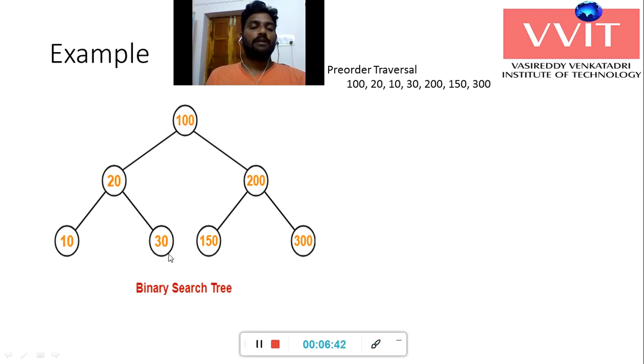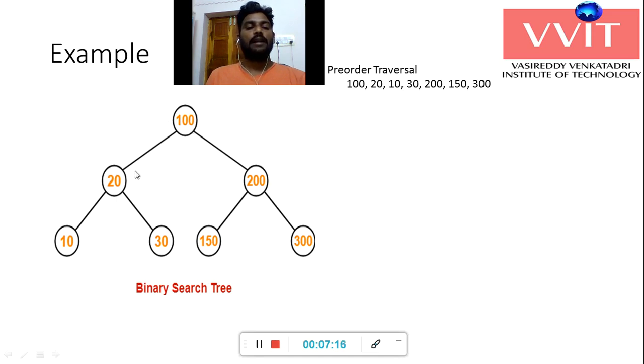In that left subtree of the root node, another subtree is there. In that subtree, 20 will act as the root node. In in-order fashion, before the root node is visited, the left subtree of the root node is visited. So first we visit 10, then the root node 20 is visited, then we visit 30. In that subtree, the left is completed, root is completed, right subtree completed. That means the left subtree of the root node is totally completed, then we can visit the root node 100.